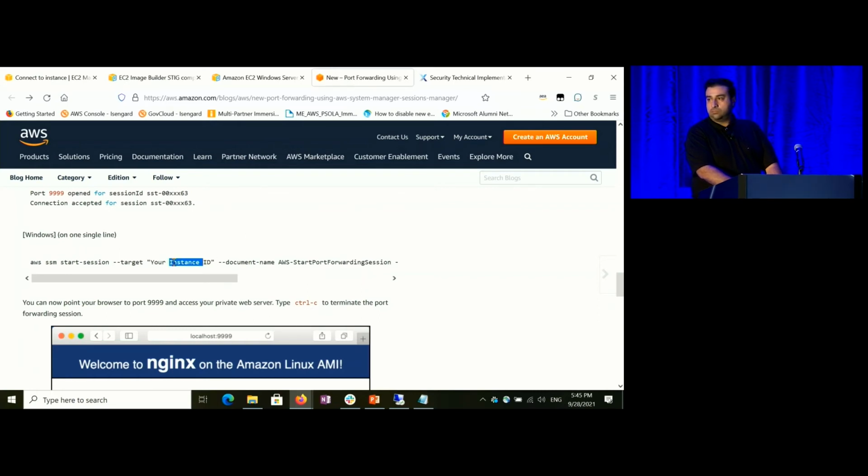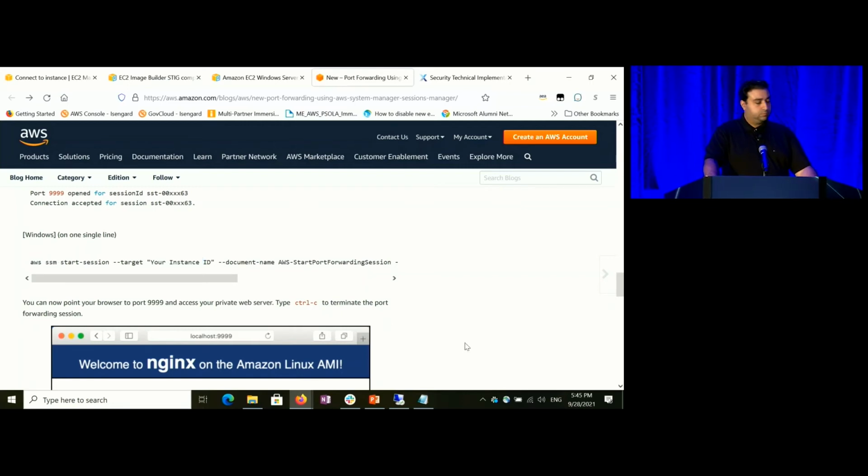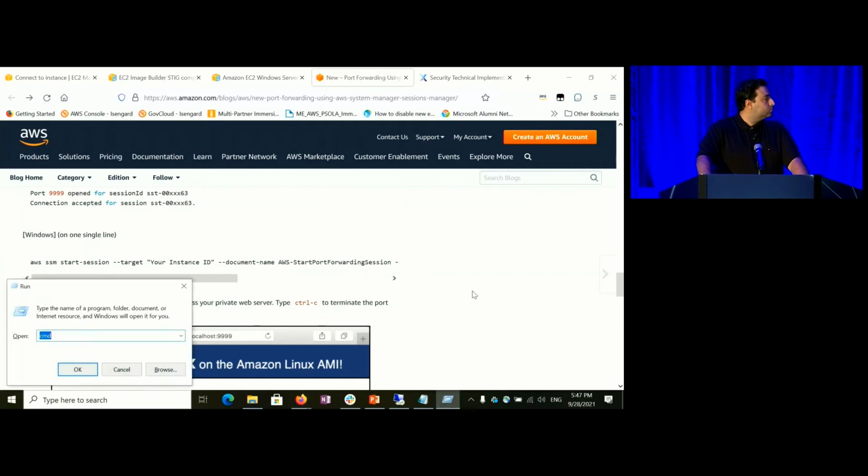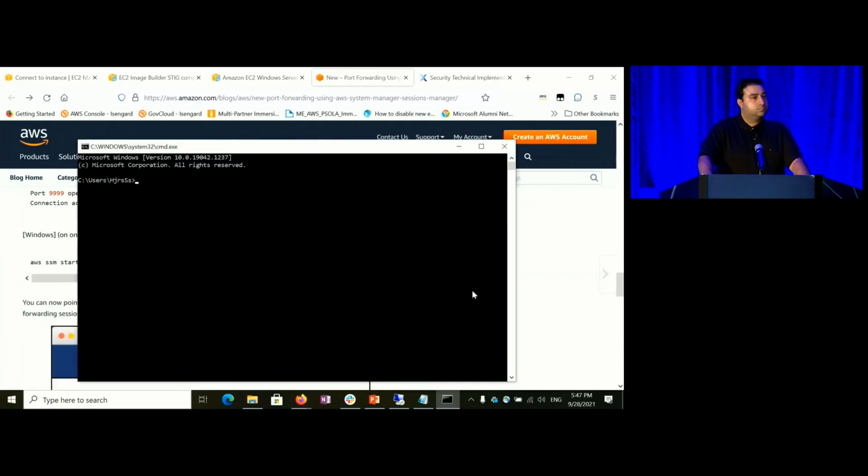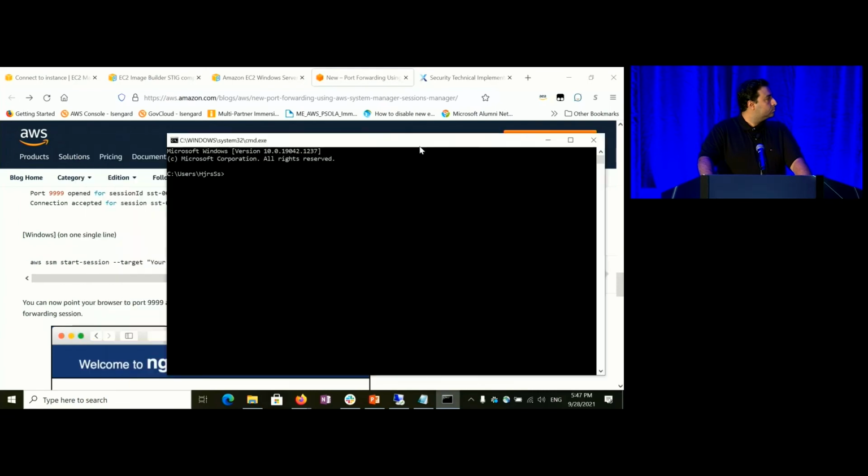I have to run this simple line. I have to have the command line installed on my local workstation, and I have to have the Session Manager plugin for it as well. Let's bring up our command line. First off,